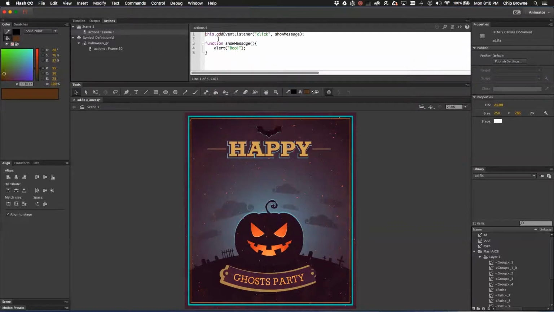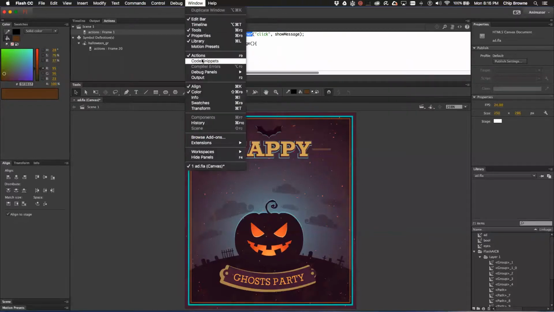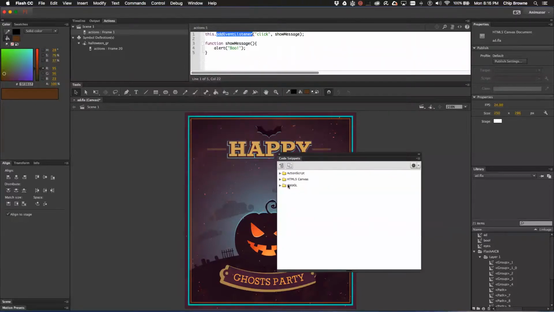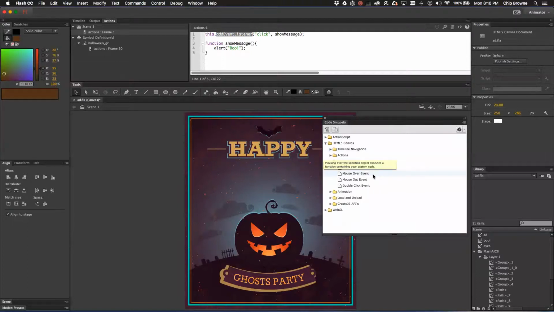So this is the reference to the document object model. This is the function for addEventListener. The item that was used to create this was found in code snippets. Make sure you choose HTML5 canvas, because that's what this is here. Do not choose ActionScript, because that would be for an ActionScript 3 file, which would not have the word canvas there. So we can then have event handlers, and here are the options of